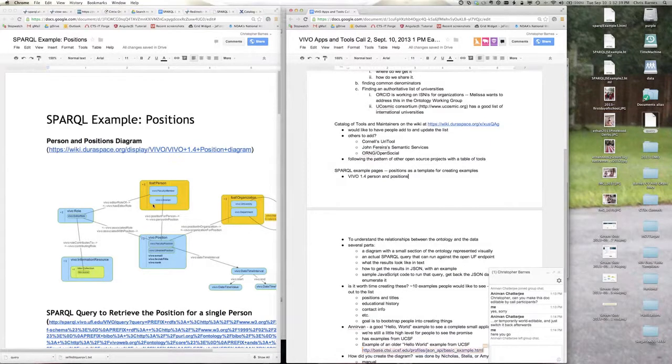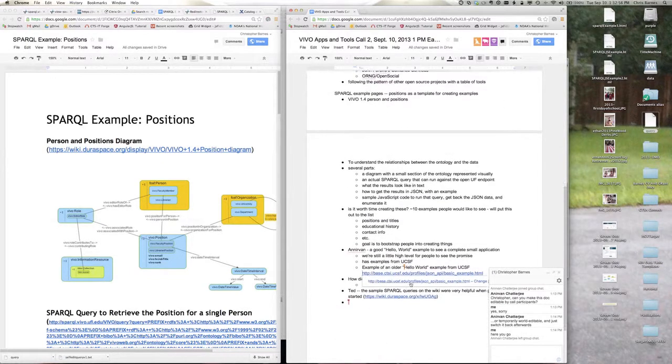But I do like Anirvan's idea about creating a basic hello world application. I think that makes sense too. That's probably a great place to do some work as well. And I just added a link to a Hello World example we've used at UCSF. In this case, it's an example for an internal simplified JSON API that we use. But if you take a look, it'll give folks the right idea.